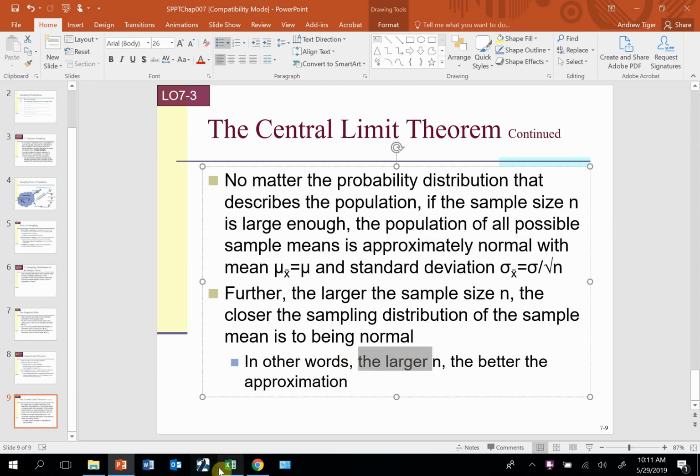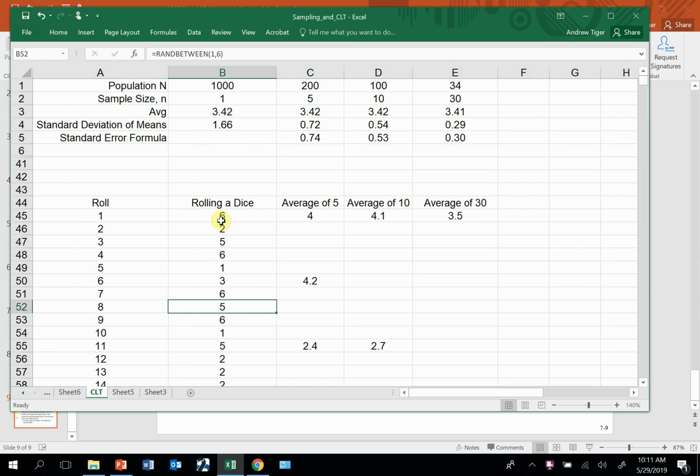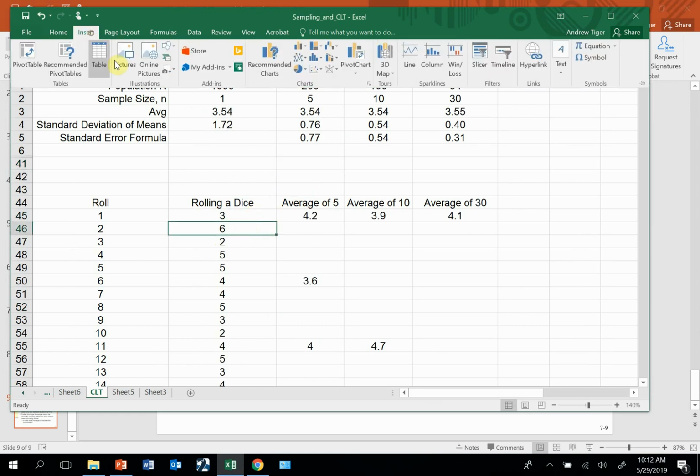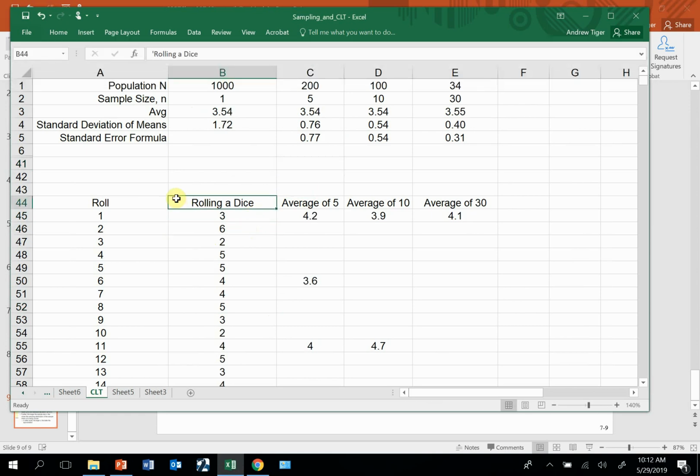So let's demonstrate this in Excel. What I'm going to do is roll dice, and it's pretty easy to roll dice in Excel, and I'm doing this randomly using a RANDBETWEEN function. So what it does is give you a number equally likely between the lower number and the upper number. So there you go, I'm rolling dice, and if I go build a pivot table, let me just grab this data